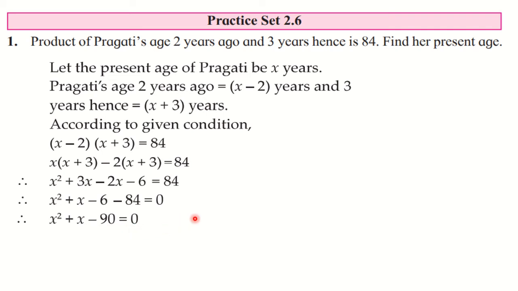So we got a quadratic equation. Now we need to solve it. And you know that the easiest way is to solve by factorization. So find two numbers whose multiplication is 90 and difference is 1. Why difference? Because the third term is negative. So we are going to think of difference here. Okay. So the two numbers, you know, are 10 and 9.